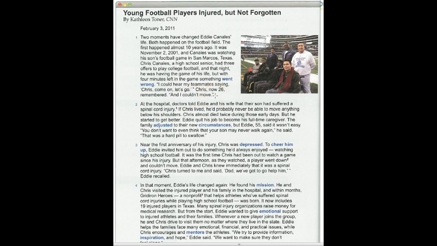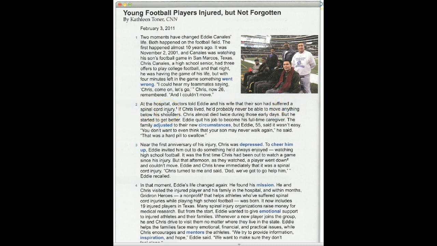So if he cannot move, perhaps he is injured. Okay? Let's keep reading. "At the hospital." Okay, so he's at the hospital. That should tell you he is injured. Something is wrong. Okay, and we can see that from this bold word here, right? Went wrong. Something is wrong. It's not good. "So at the hospital, doctors told Eddie and his wife that their son had suffered a spinal